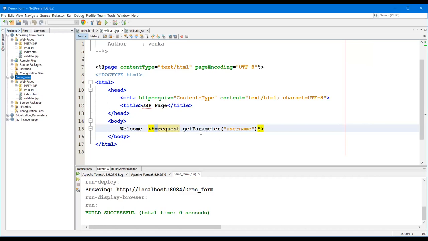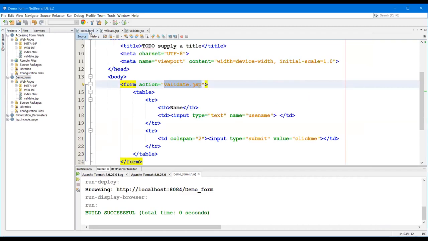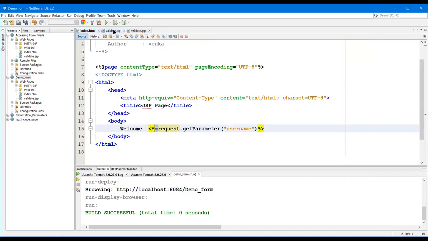Request.getParameter, what form name have we given? See, the form name is user name, it is not username. That's why it gave null. This form name and this parameter name should be the same.